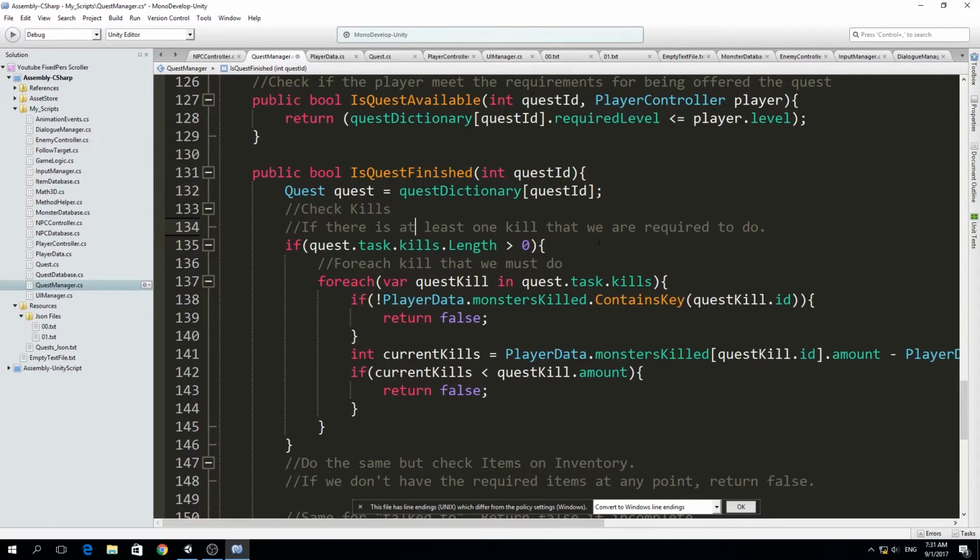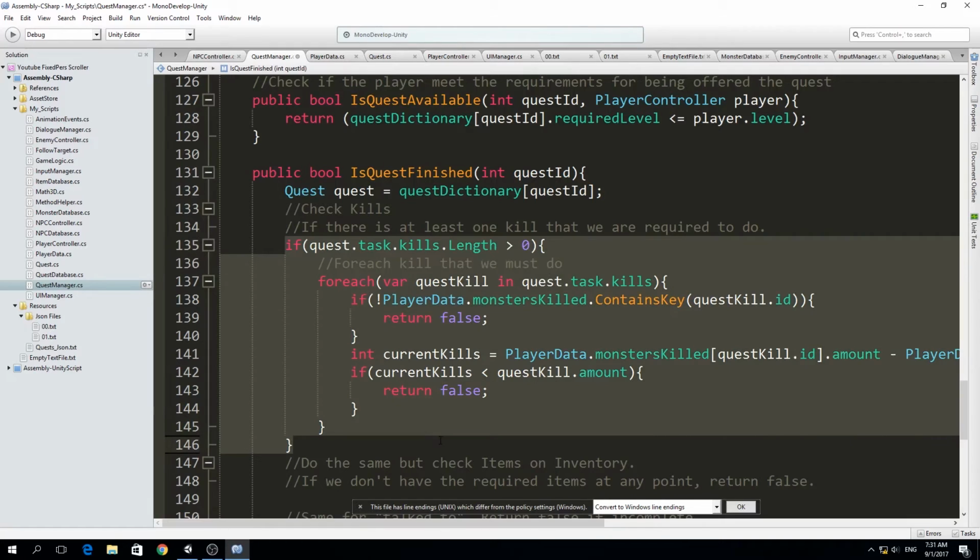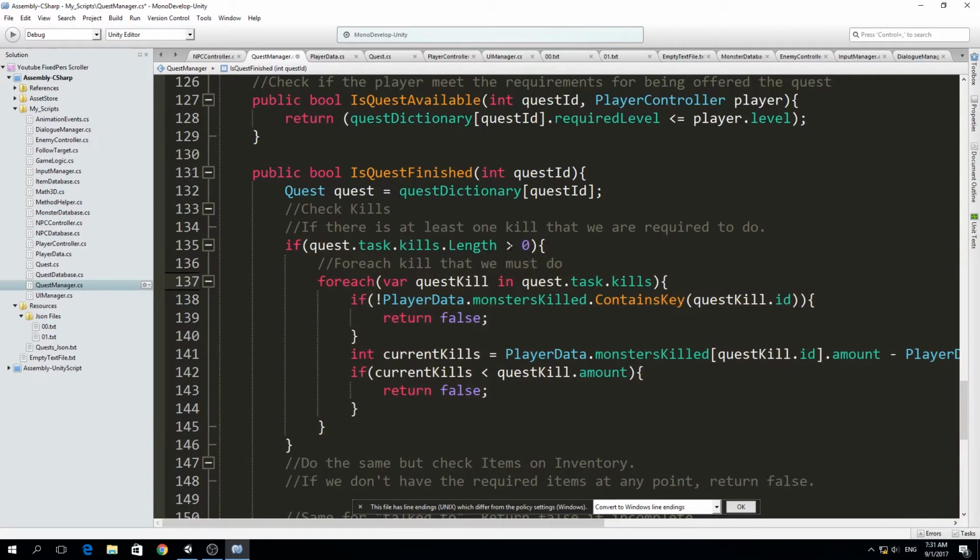Then if there is at least 1 kill that we're required to do, so this means we're going to check, okay, does the quest task kills have any length? If this is 0, then we would just ignore all this part, because there are no kills that we need to do. But if it's greater than 0, we are going to use a for each loop for each kill. Okay, so for each variable quest kill in the quest.task.kills, and I was recommended that I should use var in local scopes. So instead of saying the type, you can just type var. It stands for variables. So we made a for each loop for each quest kill in our task,